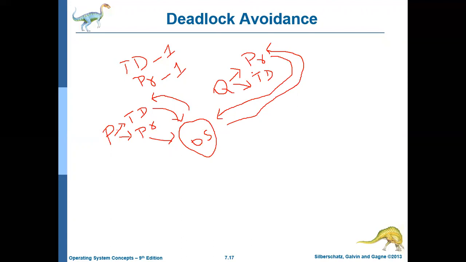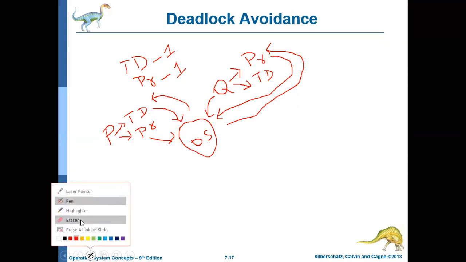After some time process P will request the printer, but the printer is with Q. Q won't release it. And after some time maybe Q may want the tape drive. So Q will request the tape drive, but the tape drive is with P, and P will not release it until it gets the printer. But the printer is locked in Q. So this becomes a circular wait.